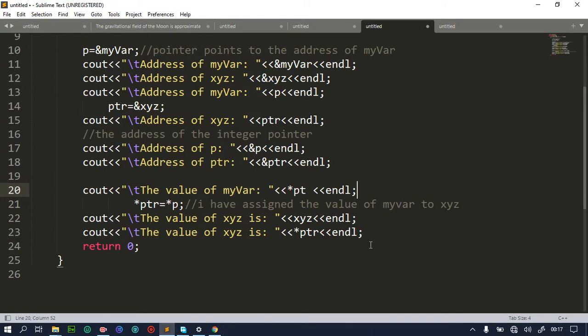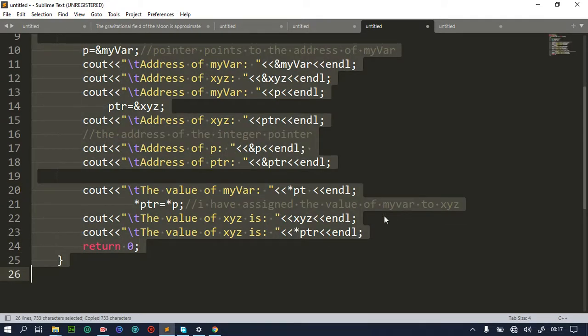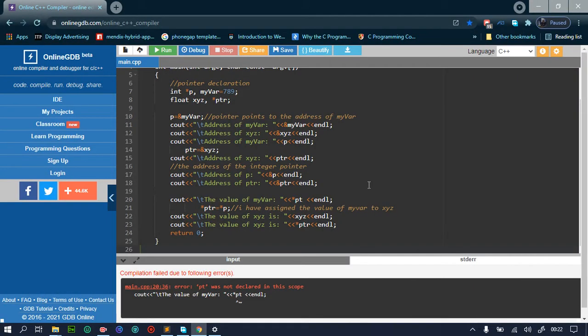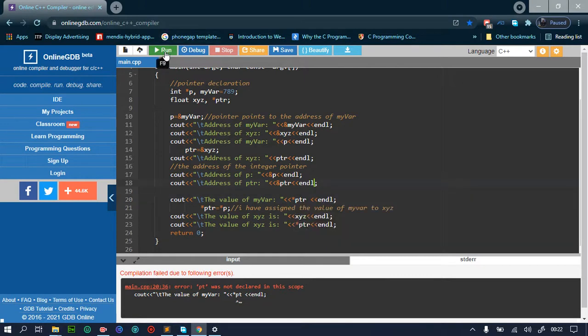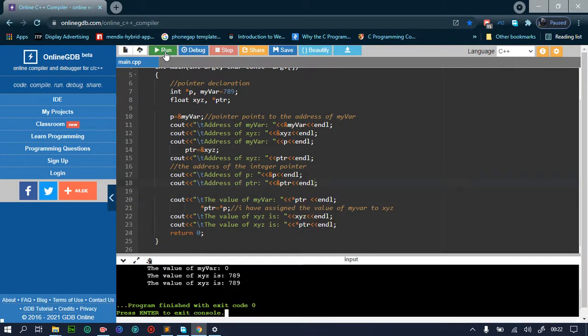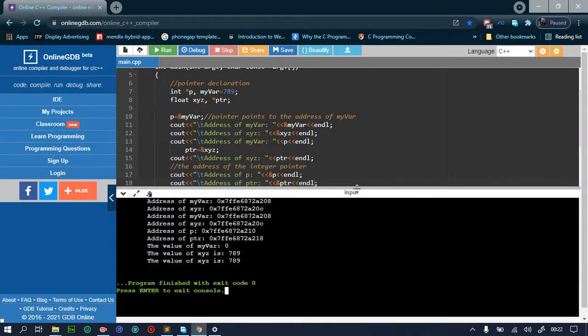So from here, automatically our next bit is to go to the kitchen and do some cooking. Okay, we are in the kitchen now. We are trying to see how it connects. Okay, but we have an error on line 20. Error: PT was not declared, line 20. So yeah, this is PTR. So we run again. Now if you try to notice,